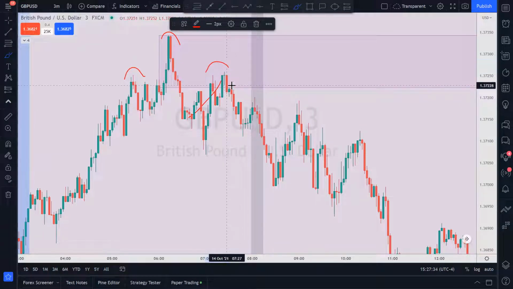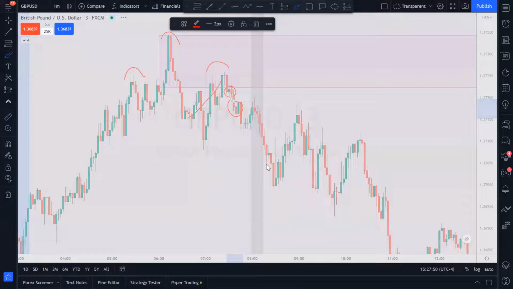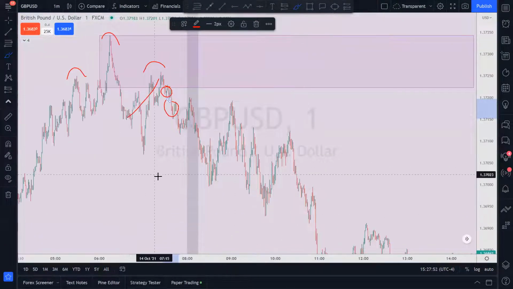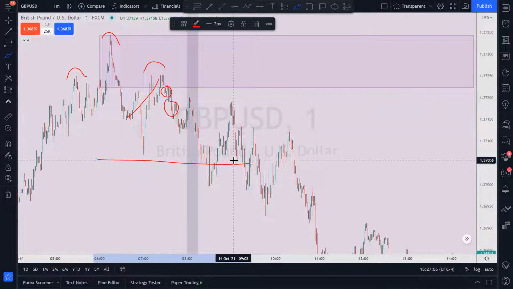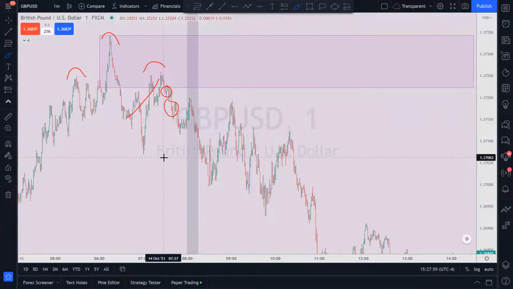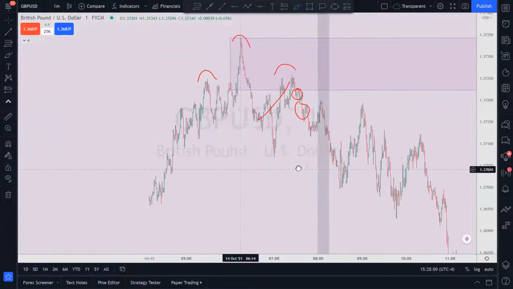I'm looking for bearish order blocks to be maintained. And these are going to be the ones that I'm going to look for price to retest somewhere around here so that I can get my entry as a continuation trade. Let's go down to the 1. And let me tell you, if you're patient, really,